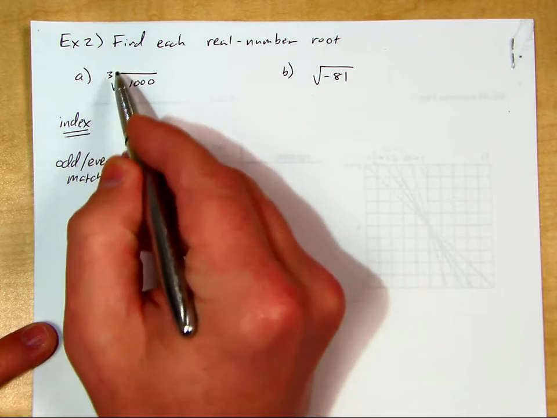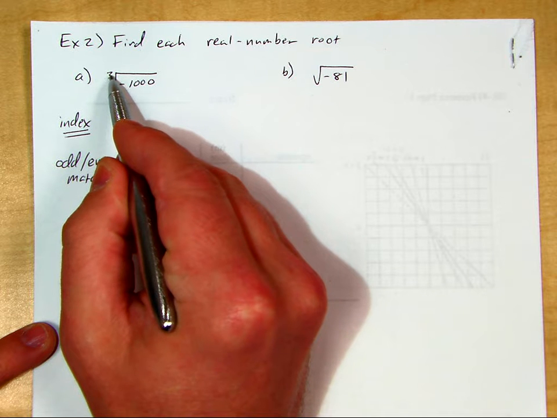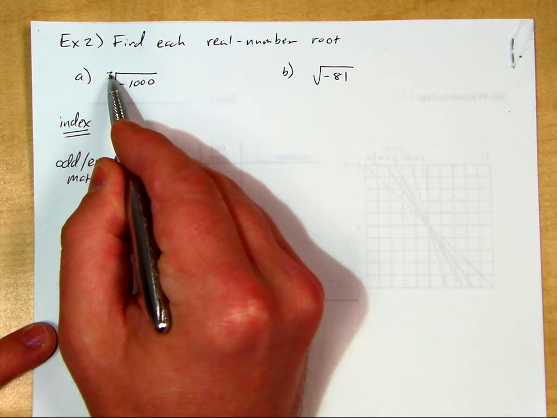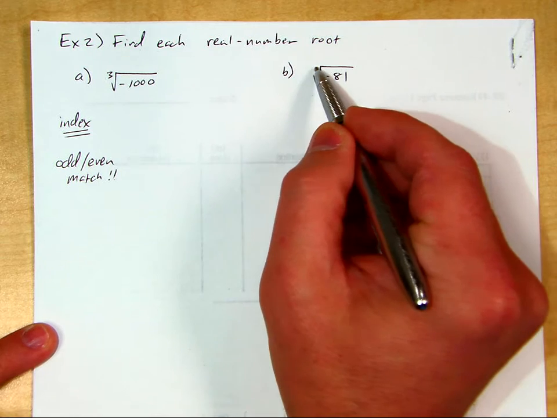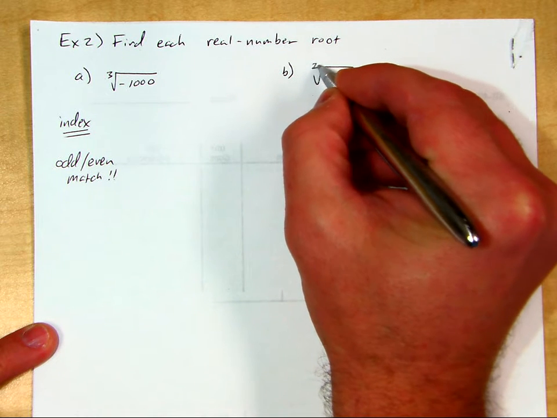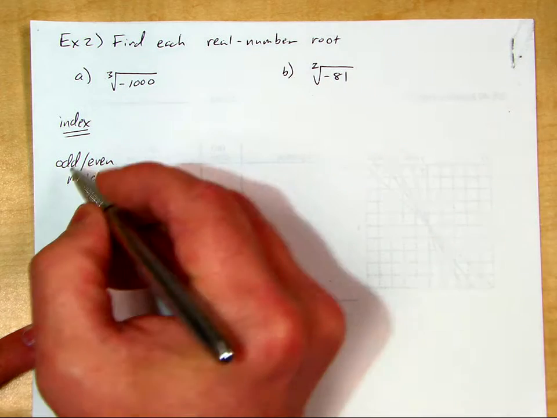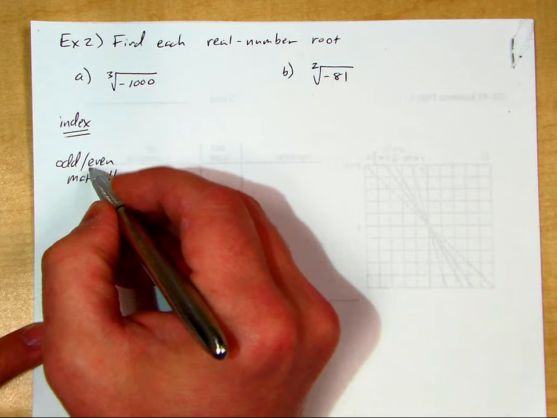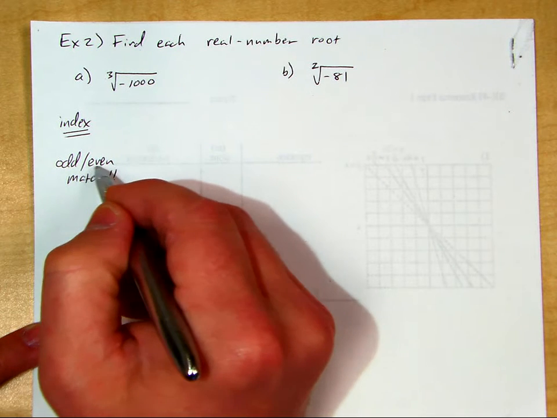The index is how many roots, and it's outside the radical symbol right here. The index is always going to be listed right here. If it's not written, like this one, we're going to assume and apply it's a square root, which means a root of 2. And also, in the previous video I didn't mention, the root is always going to match the odd